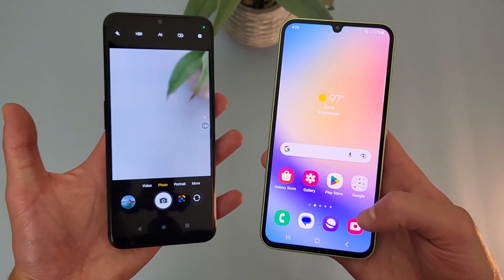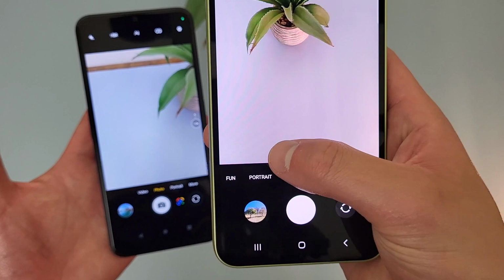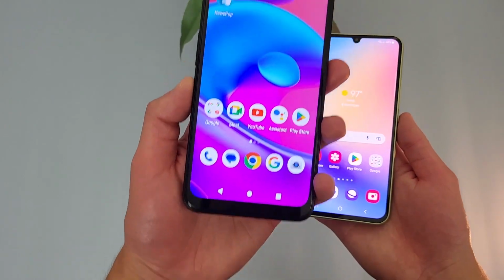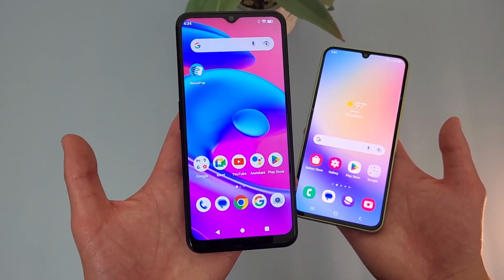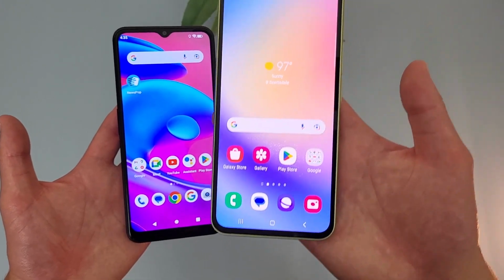Whereas with the Samsung Galaxy A34 5G, if we go into the camera, as you can see, we got a 0.5x right here. So yeah, this phone definitely does have an ultra-wide camera, whereas with the BLU F92e 5G, even if the ultra-wide camera is in there somewhere, which I guess it might be, I've checked everything and I couldn't find it myself, but even if it is there, it's definitely not very user-friendly. So if you do want an ultra-wide camera, between the two, I would definitely go with the Samsung Galaxy A34